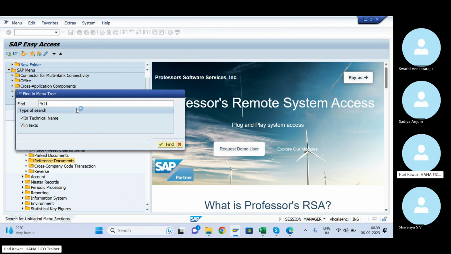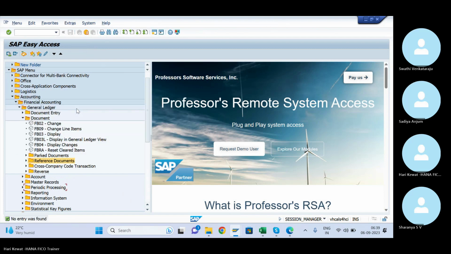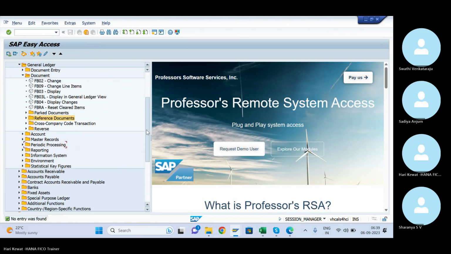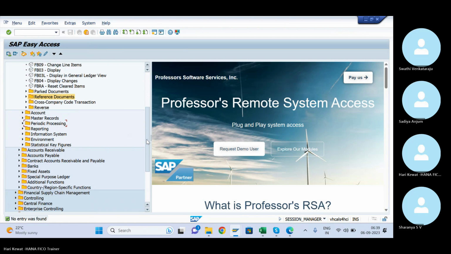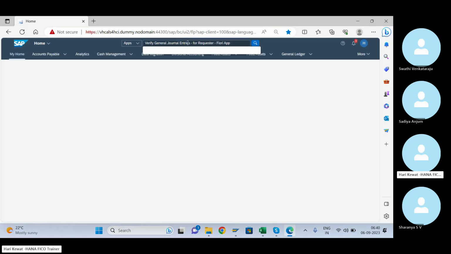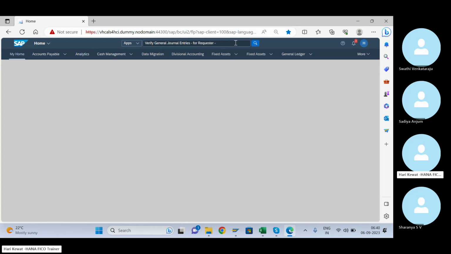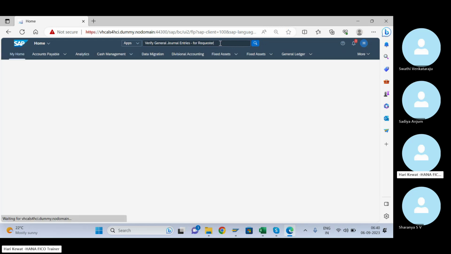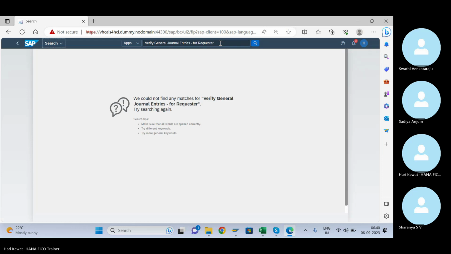You can search like this. Google it. This one you remember. The app name is up to here only. It is not coming. Is this app not available or what?